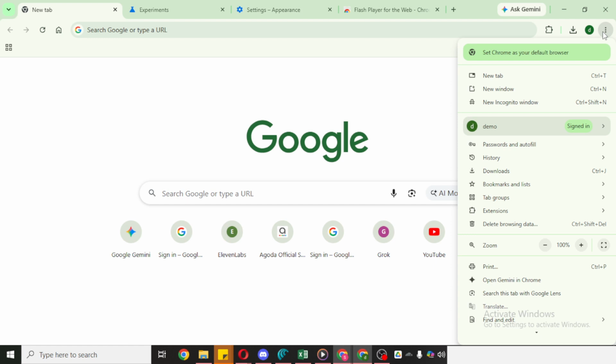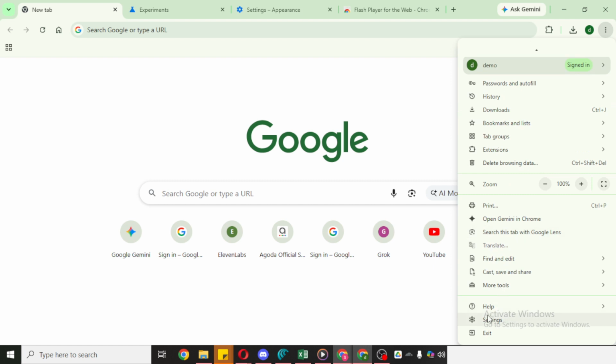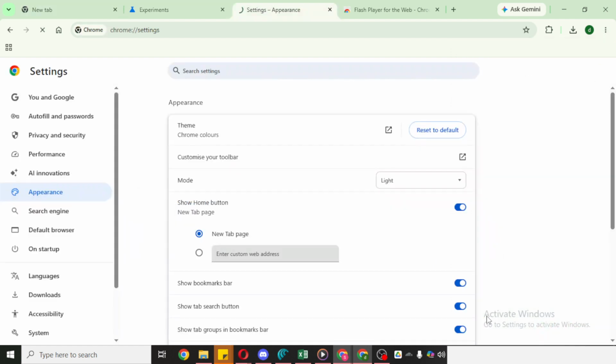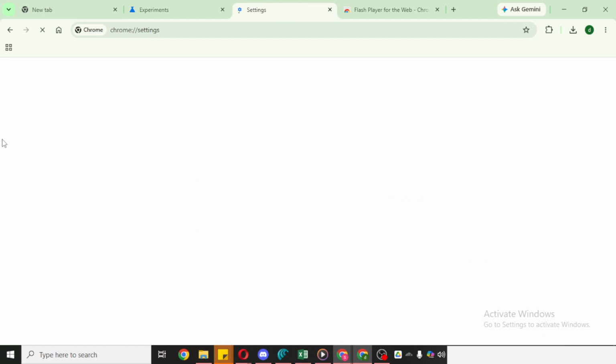If your internet is fine and the problem continues, you can clear browsing data in Chrome. This can help remove corrupted cached files or temporary data that may be interfering with the installation. To do that, look at the top right corner of Chrome and click the three dots to open the menu. From there, click Settings. Once you're in Settings, go to the section for privacy-related options, then click Delete Browsing Data.